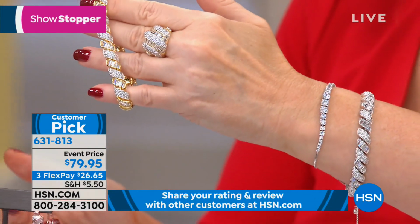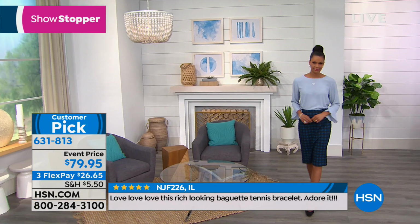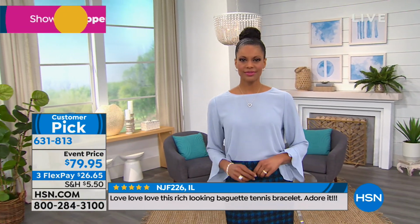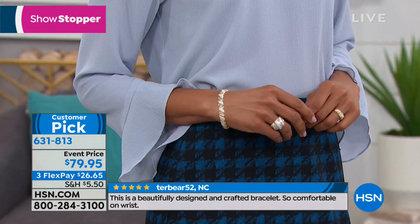And more than that, it sets you apart from the lady out there who's wearing the same old S-bar or I-bar or the same tennis bracelet that we've seen for years and years and years. You have something that looks like it was custom created and it was a one-of-a-kind for you. And today, to be able to put it on FlexPay, to be able to break this up on FlexPay at just